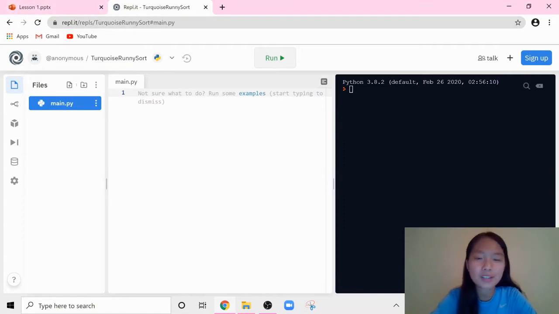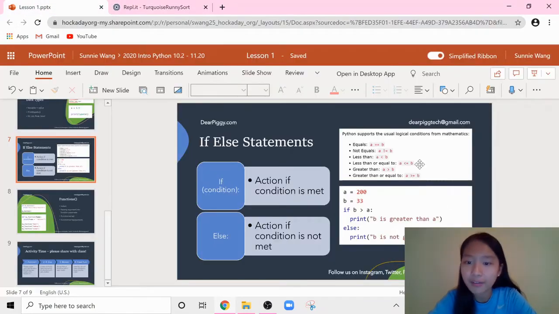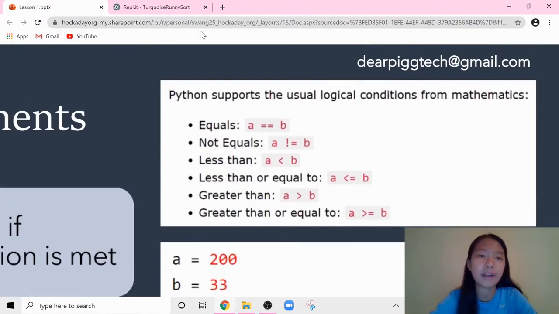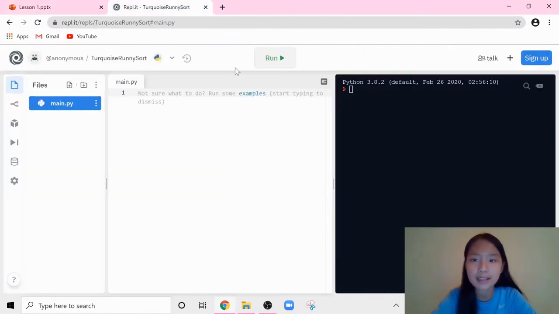So what we're going to do is, in order to have these two logical statements, logical conditions, we need to have variables, right? Again, down to the basics. So let's see here. We'll have a variable, Sunny, and then let's say she eats,